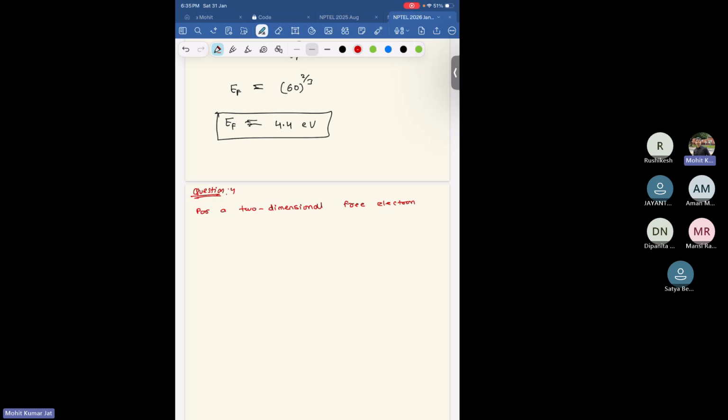You can think of it like the gallium arsenide two-dimensional electron gas, or the case of graphene, single layer graphene, in which the electrons are only confined to move along that particular sheet of atoms, and that's known as the two-dimensional electron gas. So for a two-dimensional free electron gas, the relation between electron density n and Fermi wave vector k